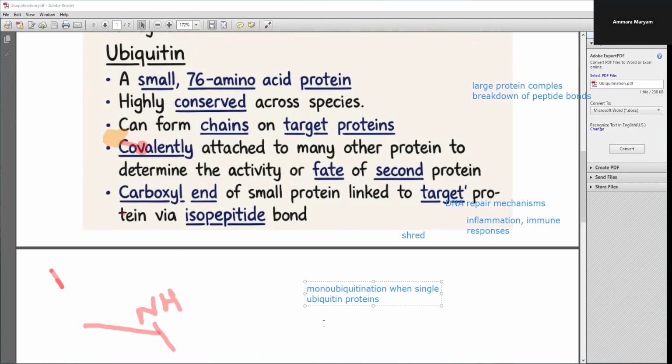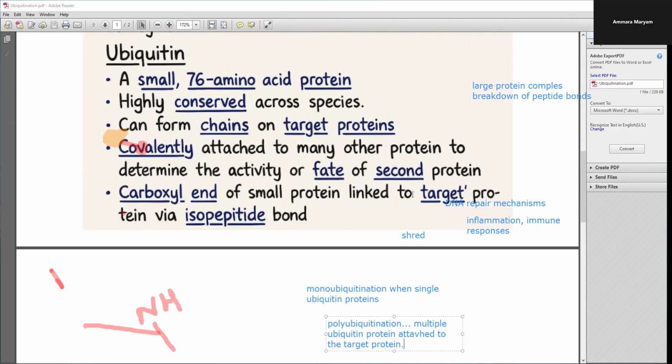And what is the polyubiquitination? That is the polyubiquitination when multiple ubiquitin proteins get attached to the target protein. So this is the polyubiquitination, and this is the ubiquitination tag that will determine the